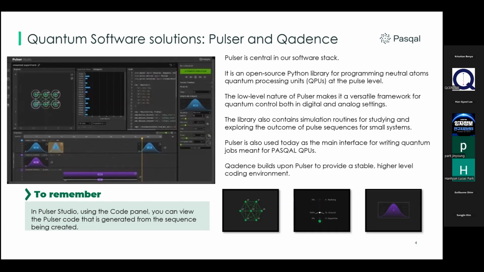Pulsar is really meant to provide all the required access and to allow for all permissible manipulations on a neutral atom system. So it allows you to define what type of quantum computer you are working on, be it a physical device, a digital twin of a physical device, or a more artificial virtual machine on the back end. And based on these parameterizations, it only allows for sequences, for code, to run if it is physically permissible. So it is really a physics-driven and physics-based software tool